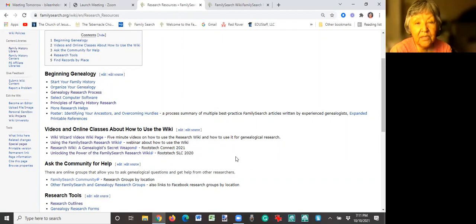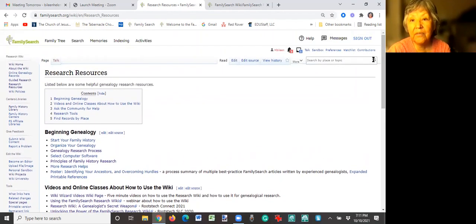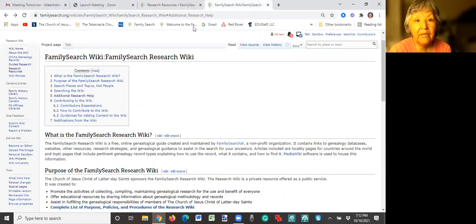FamilySearch is always going out of their way to make things easier for people to find their ancestors. And I know this from serving at the Family History Library for 2.5 years as a missionary, and the engineers are constantly wanting feedback. The other thing I want to share with you, now that I've said something about the engineers, is to look at